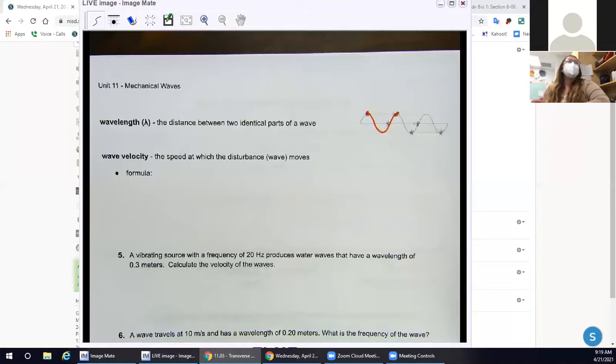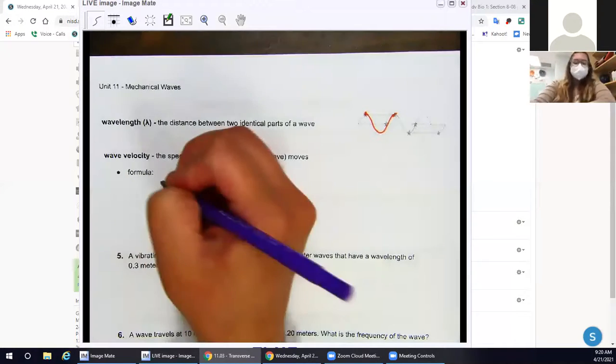All right, so now we're getting to the wave formula. This is wave velocity. It's the speed at which a disturbance or wave moves. So it's just like regular velocity, distance over time, except now we're dealing with wavelengths and periods. So the formula is going to be